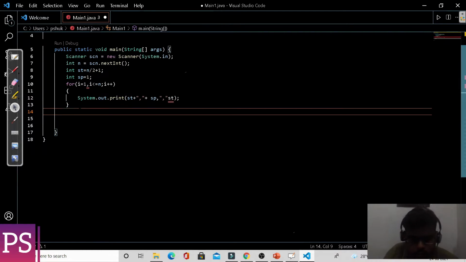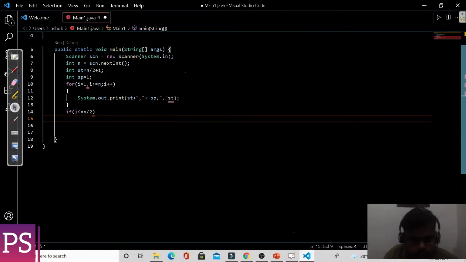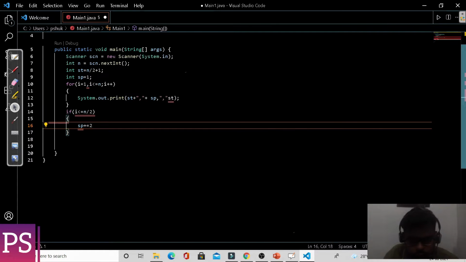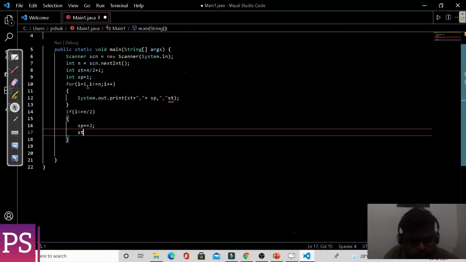Then moving on to the next part, if i is greater than or equal to n by 2, then sp is increasing by 2 and st is decreasing by 1.